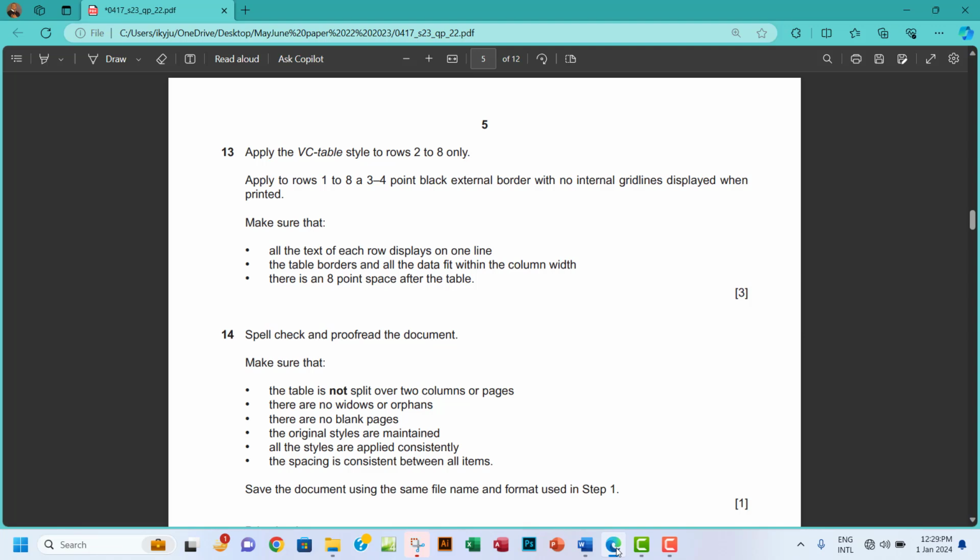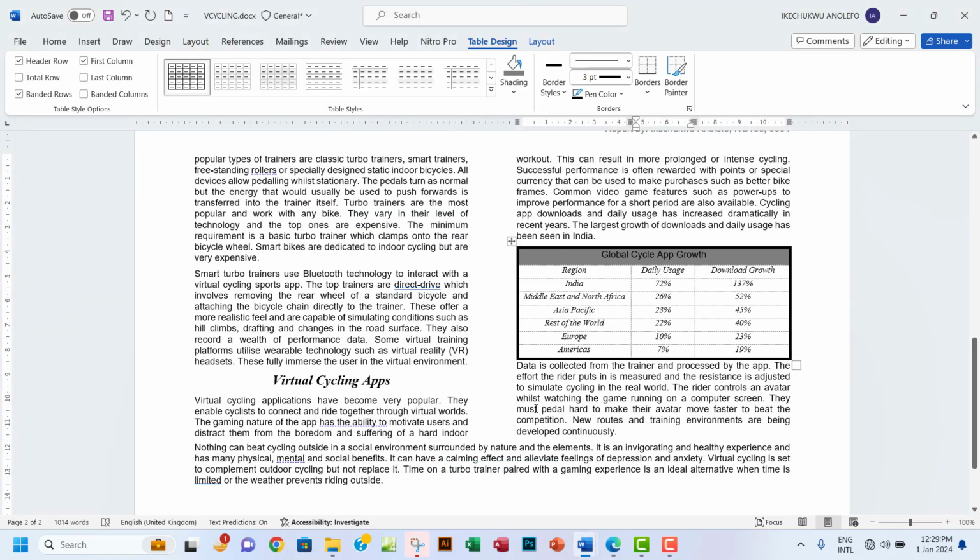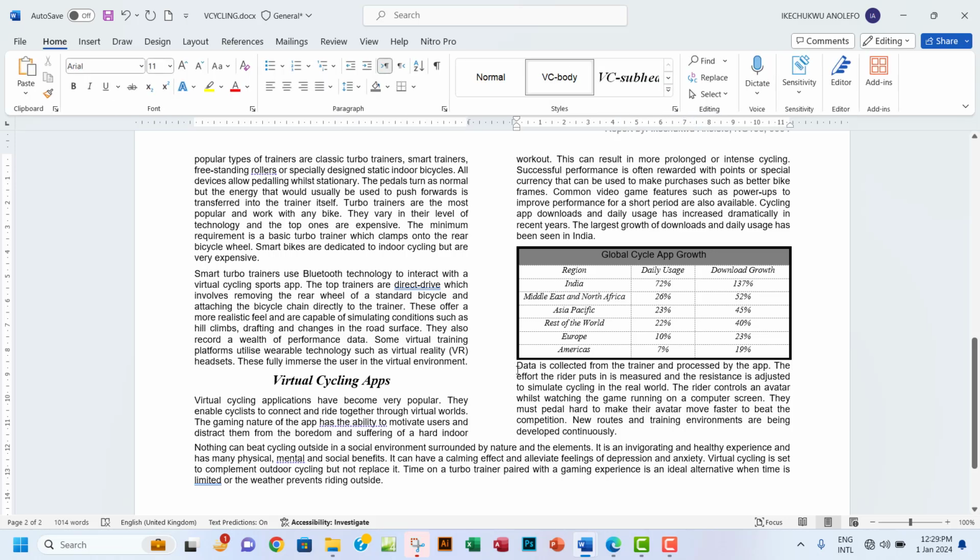And then there is an 8-point space after the table. So there has to be an 8-point space after the table. What I'm going to do is take this paragraph just right before the table, and actually go to